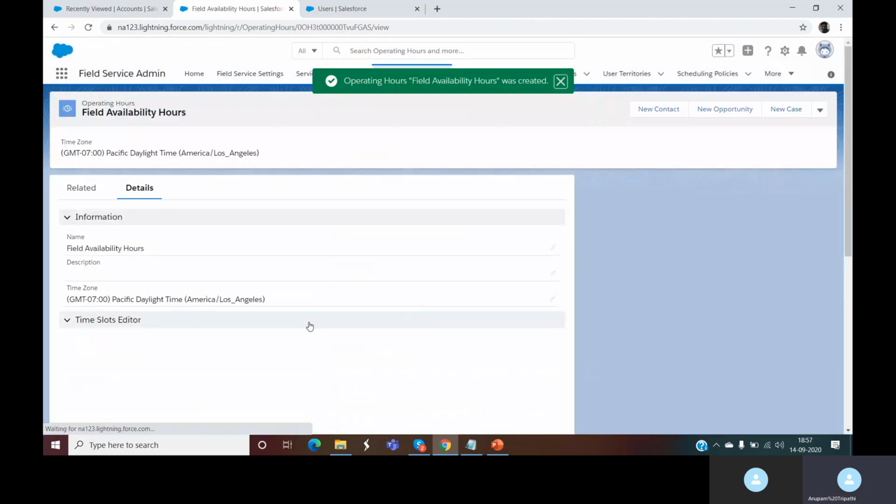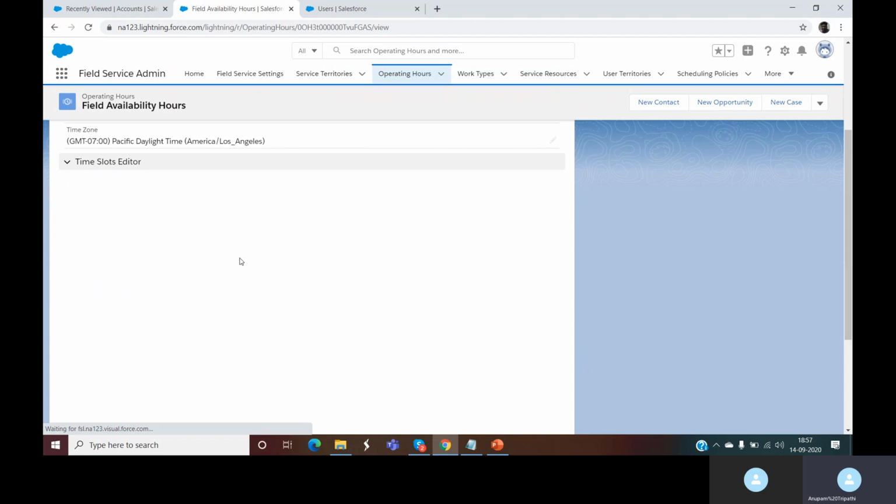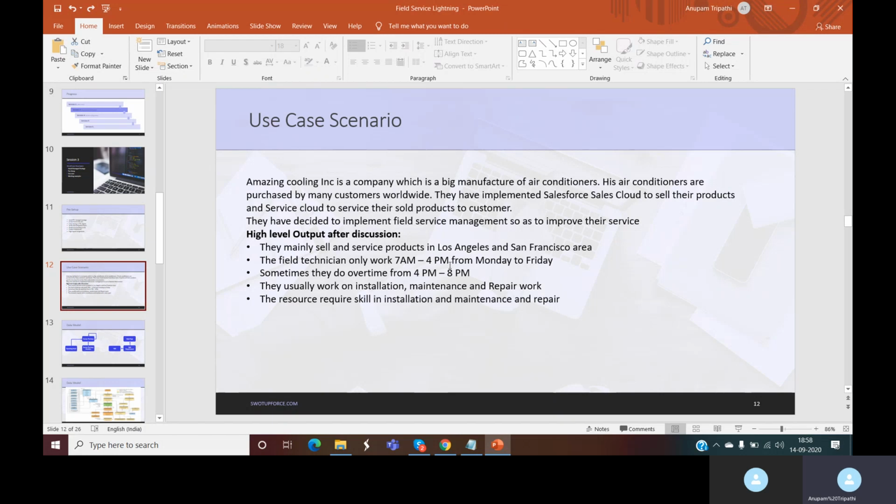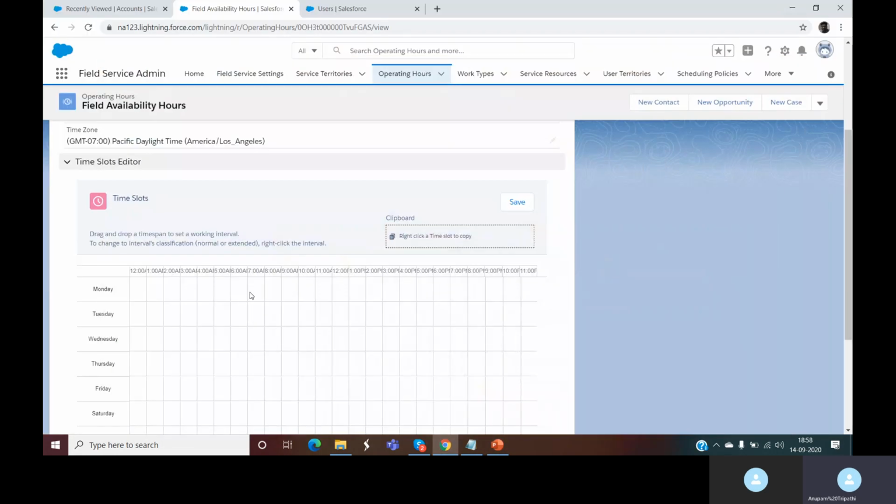Once I save this, I get an option to add my time slots. There is an inline VF page placed here, which allows me to add the time slot. As you can see, the time slot is 7 a.m. to 4 p.m. from Monday to Friday.